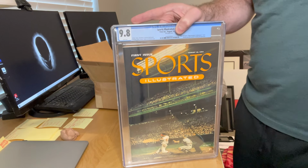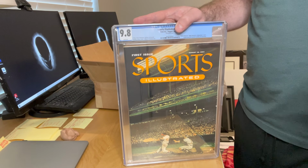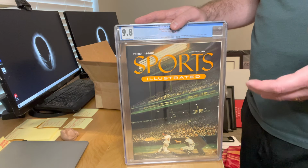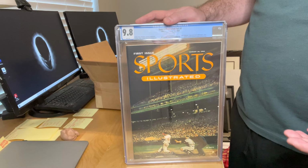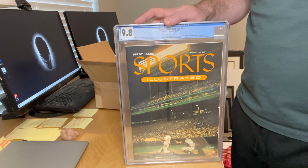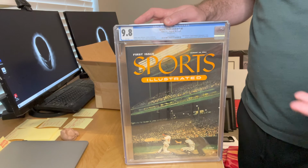Fantastic. Okay, so great stories about this. So if you're not really versed in Sports Illustrated collecting, you may sit here and say, oh my God, how did you get a copy from 1954 that's a perfect 9.8? How does that even happen? Very interesting story. When Sports Illustrated produced this inaugural issue, they had a sense that they were onto something kind of cool here in this magazine that they were producing. And so they took a ton of these inaugural issues and they set them aside and they put them in storage. And then several times over the years, I think it started in the late 90s and then they did it a couple of times in the early 2000s, you could buy one of those pristine copies